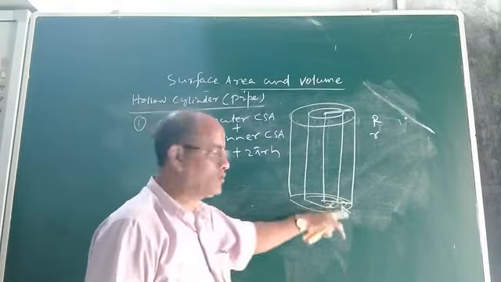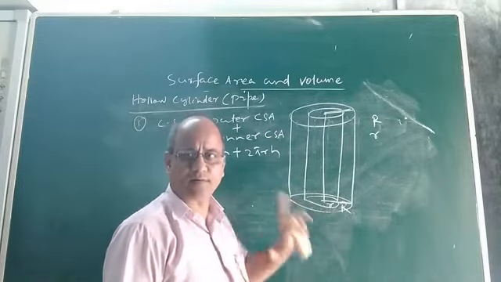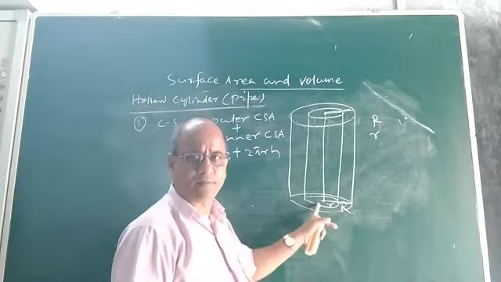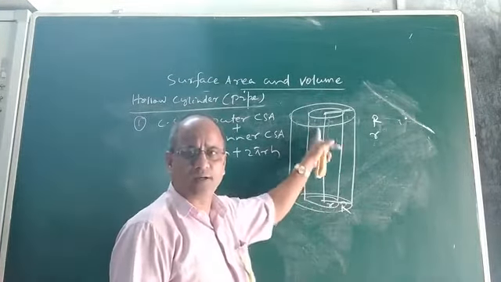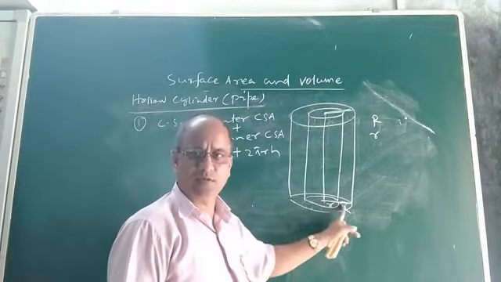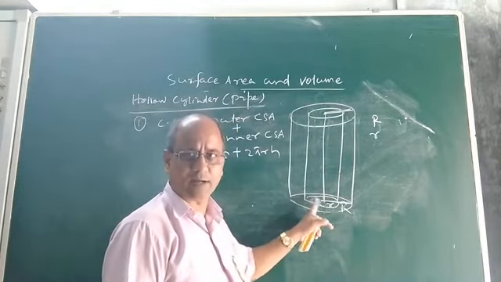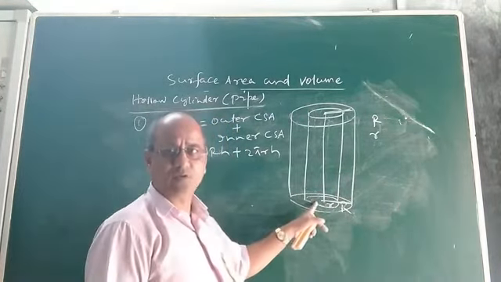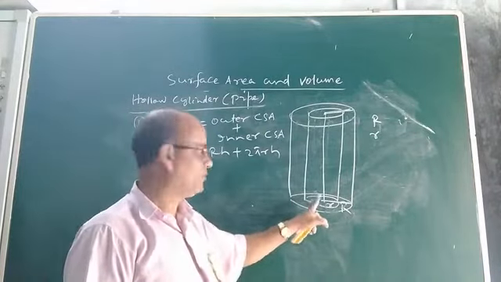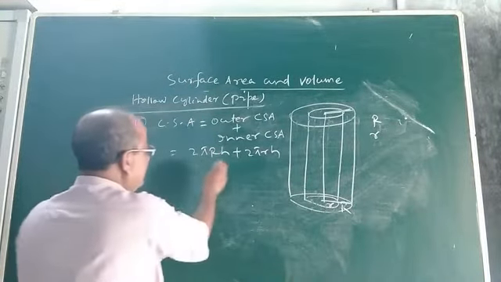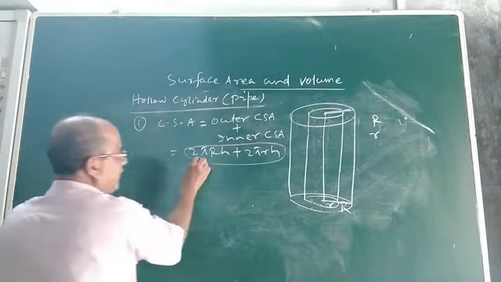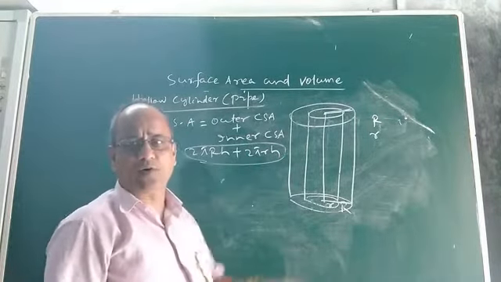Okay. It has two circular ends, in the base and the top, both the base and top of the hollow cylinder or pipe. You see, it contains two circles. There are two circular ends, which are called a rim. So, this will be the formula to find the CSA of a hollow cylinder or pipe.